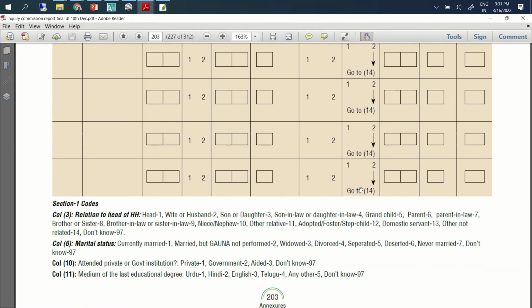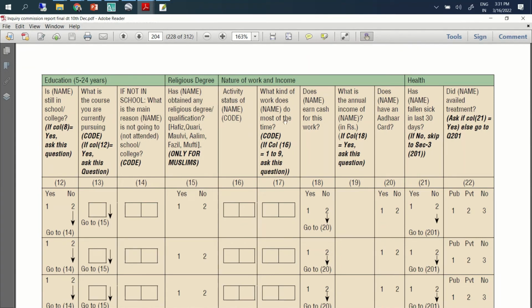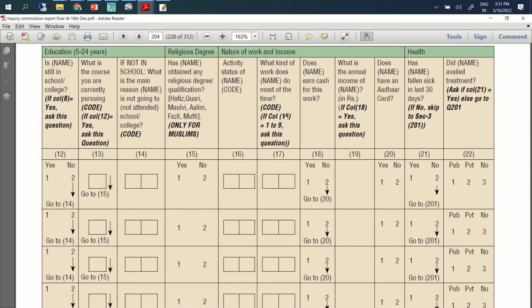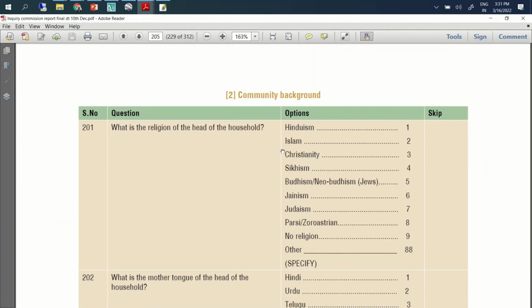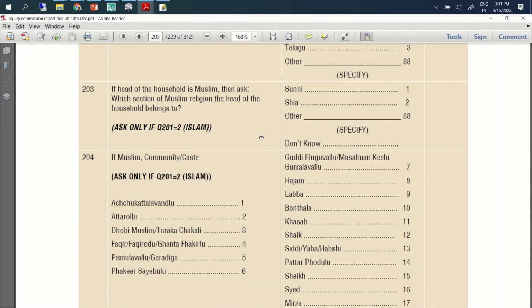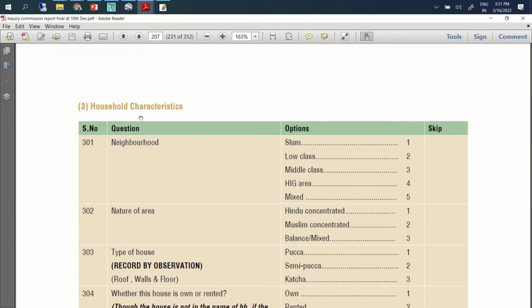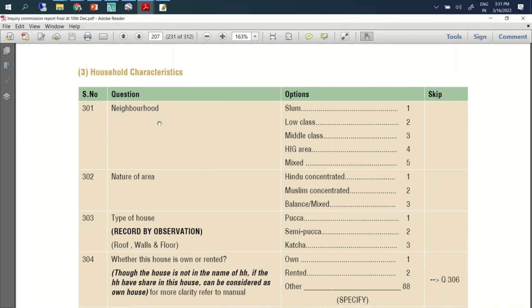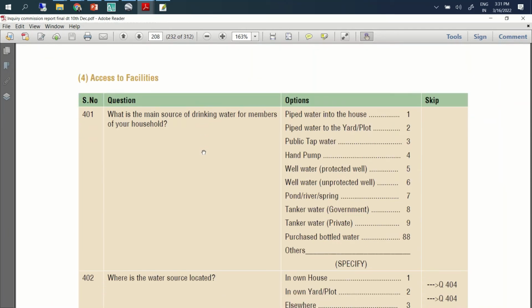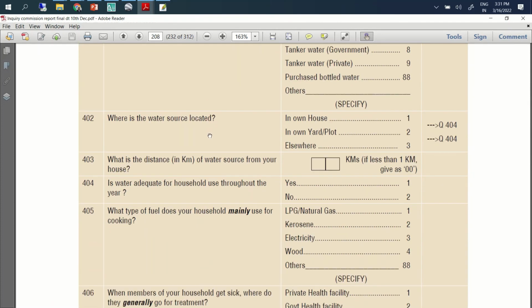Then we have other columns which talk about religion, nature of work, income, health, and what kind of questions are asked. That is already there in the template itself. This is on health. Then specific questions on community level, community driven questions, or other household characteristics related questions, or access to facilities, infrastructure facilities related questions.